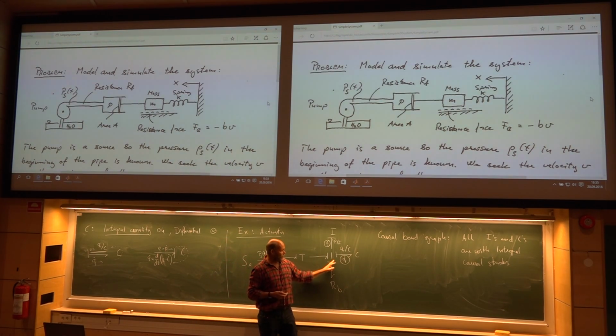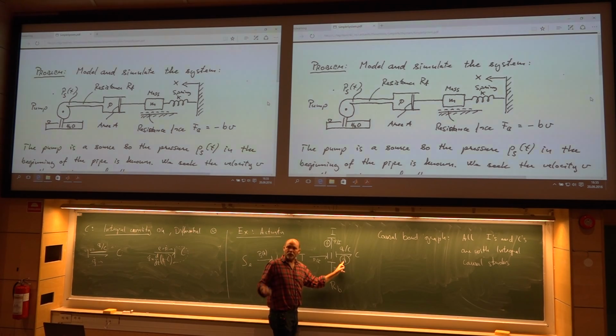What about this guy, the one junction here? Who dictates the flow? That's where you are missing a stroke. That's here. I don't have a stroke here. So the flow will be P over I. Okay, then I can write here P over I, and the flow here also P over I. Also here, but here this place is occupied already, it says Q dot.